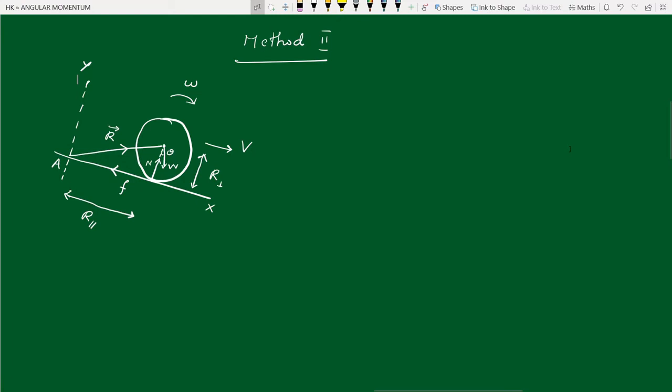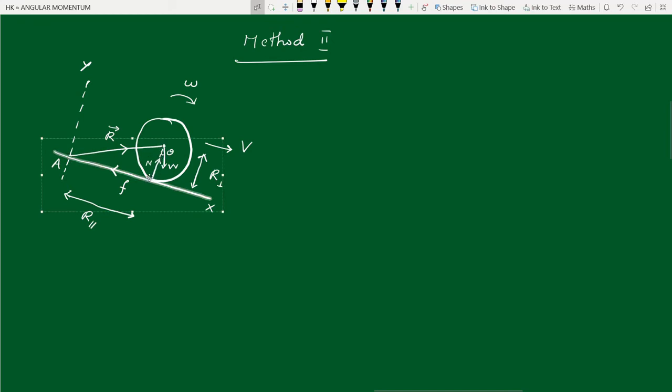Now let us redo this problem using a second method. Here I have drawn a coordinate system whose origin is A, and let us try to calculate the torque around this A due to the motion of the drum. So when you calculate torque around A,